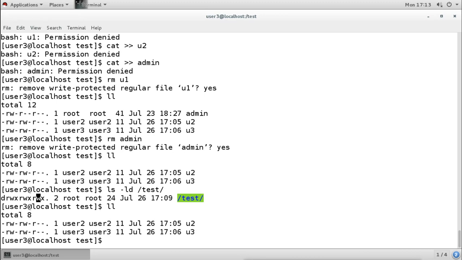No matter if the file belongs to another user, the owner is a different user, and the file does not have any permission, if the directory has the write permission, then a user can remove the file of other users too. Now this is the problem. This user 3 is doing malicious things; it is not a good user, it is deleting other users' data.